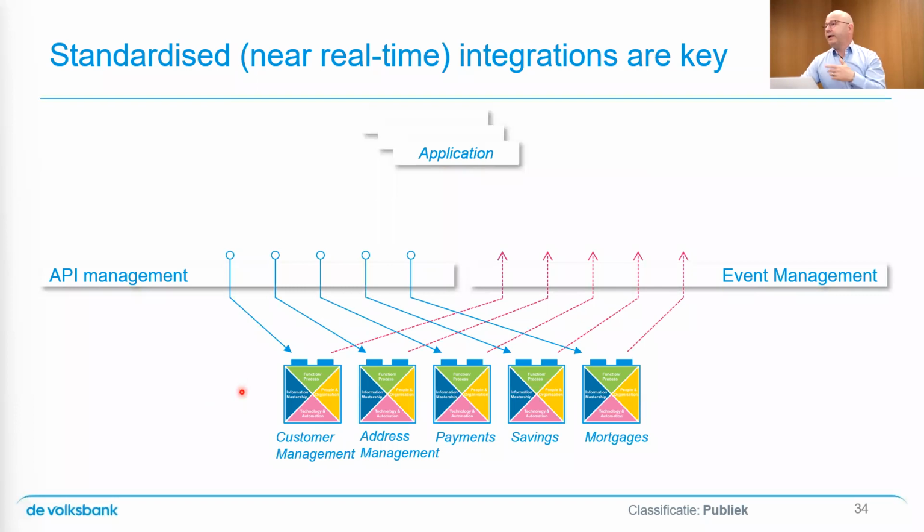And the idea is that if any application needs information from any of these business capabilities, they just ask for it by calling an API. Or if I wanted to proactively share that information, I could use the right-hand side and share that information to anybody who would be interested in event streams. And an event stream is nothing more than a continuous stream of data that anybody can subscribe to who's interested.